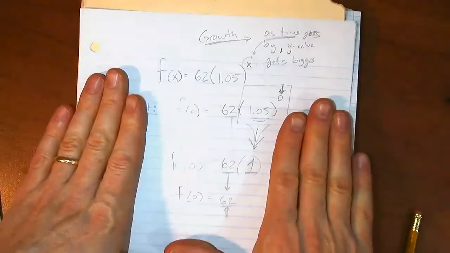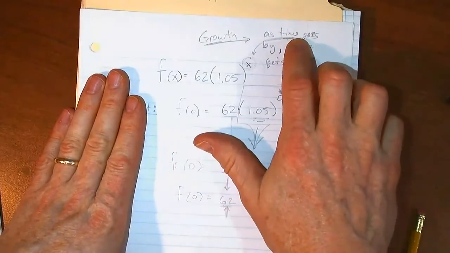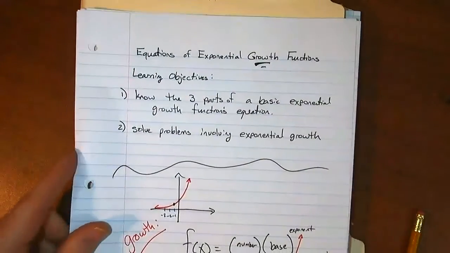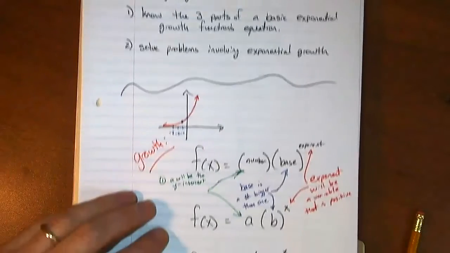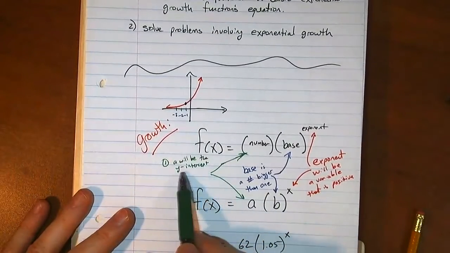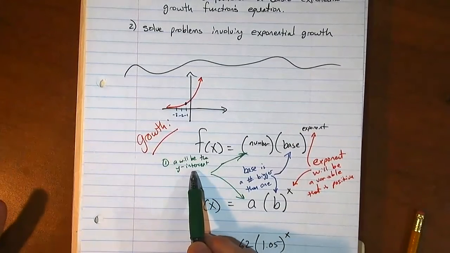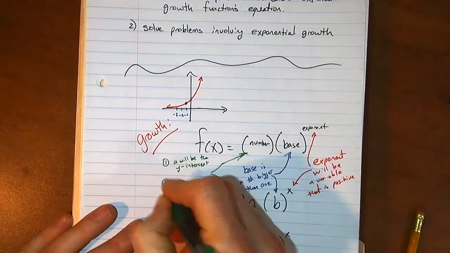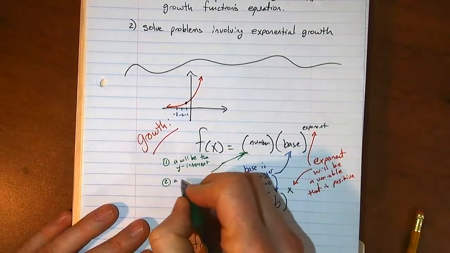Not every function deals with time and puppies, obviously, but the vocabulary that we use is that same vocabulary. We usually don't call A the y-intercept. Sometimes we will, because when you graph it, it is the y-intercept. But more commonly, we tend to call A